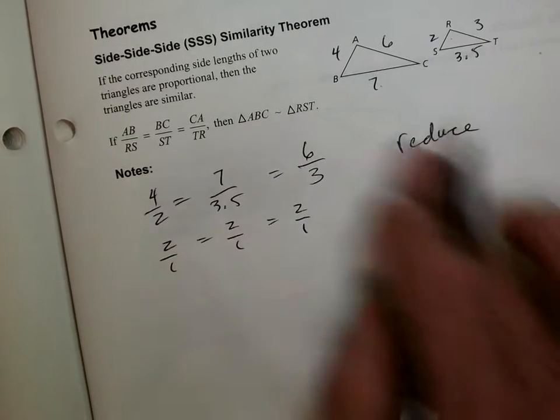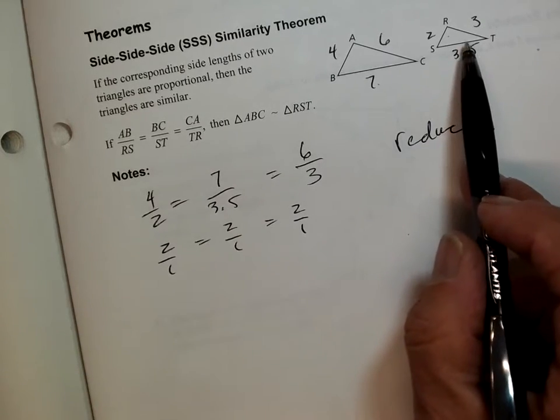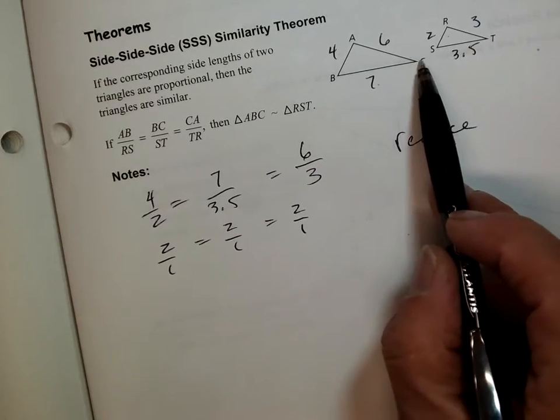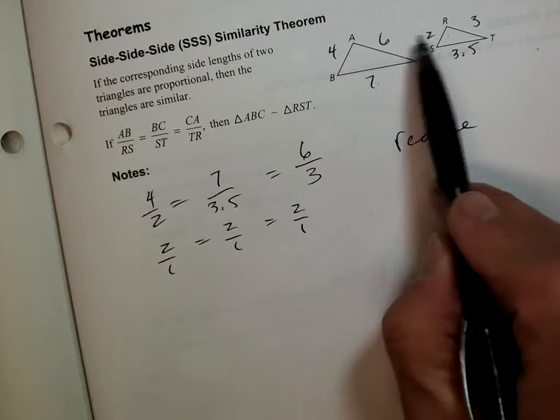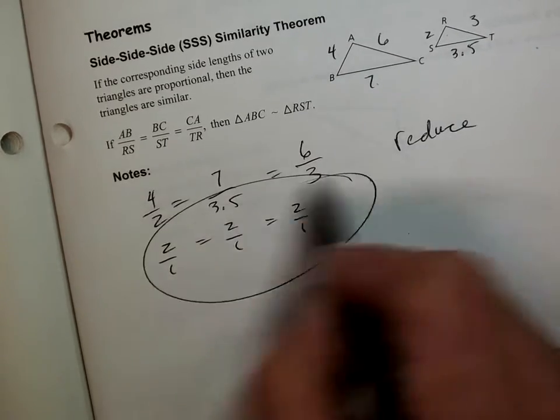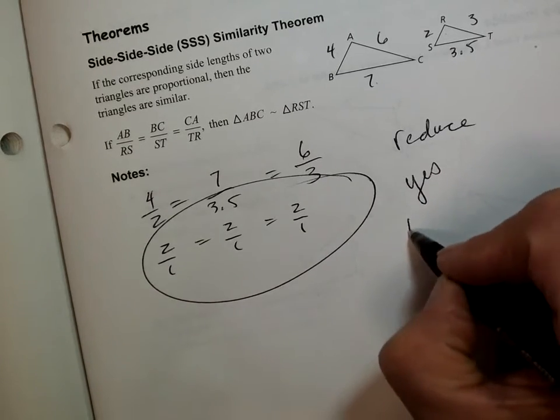Just because they look similar doesn't mean they are, because one might be off by a little bit. Remember, I'm a bad artist, but this looks similar to this, doesn't it? Sure. But this might be a tad bit longer, we're not sure just by the figure. But when we get the numbers and we compare the ratios, if the ratios are all the same, then we say yes. And we'll say that triangle, ready,